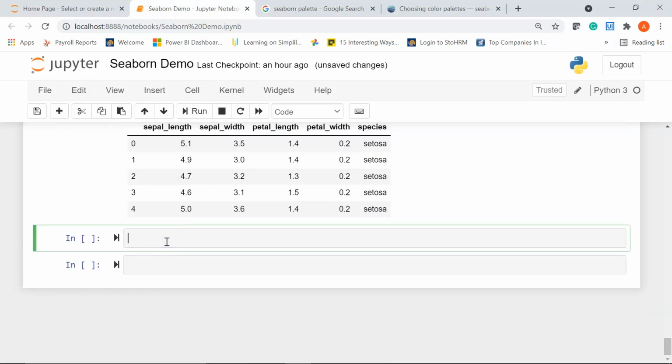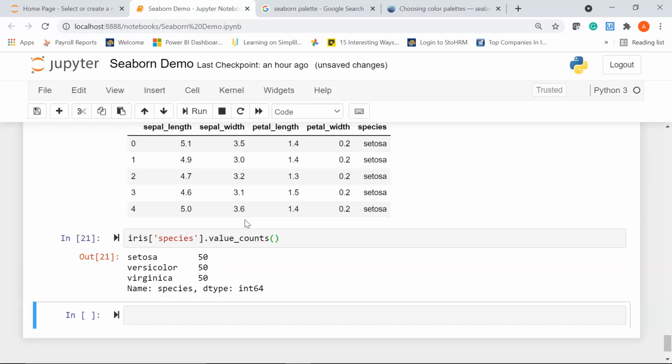First let me go ahead and print the different species of flower and the count for each of the species of flowers that we have in our dataset. I'll say iris, within square brackets I'll pass in the target variable, that is species, and I'll use the function value_counts.